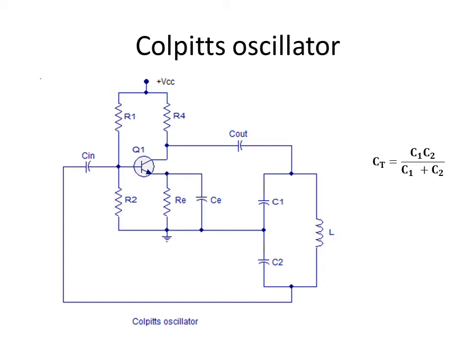Just like in the previous example we had L2 which was connected between base and emitter, here we have C2. In the case of the tuned collector oscillator, you had L1 and C1 which was a tank circuit, then L2 was placed near L1 and L2 was connected between base and emitter. Similarly here the base and emitter of Q1 is connected to C2. So whatever oscillations are generated by the tank circuit, a portion of that voltage which is developed across C2 is given back to the input.